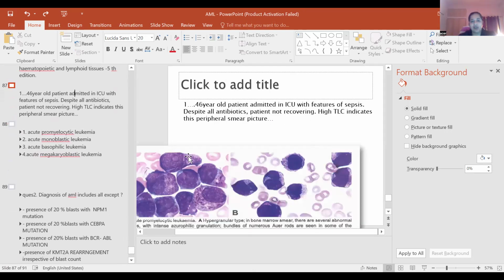MCQ number one. This is a 46-year-old patient admitted in ICU with the features of sepsis. Despite all antibiotics treatment, the patient is not recovering and the high TLC indicates